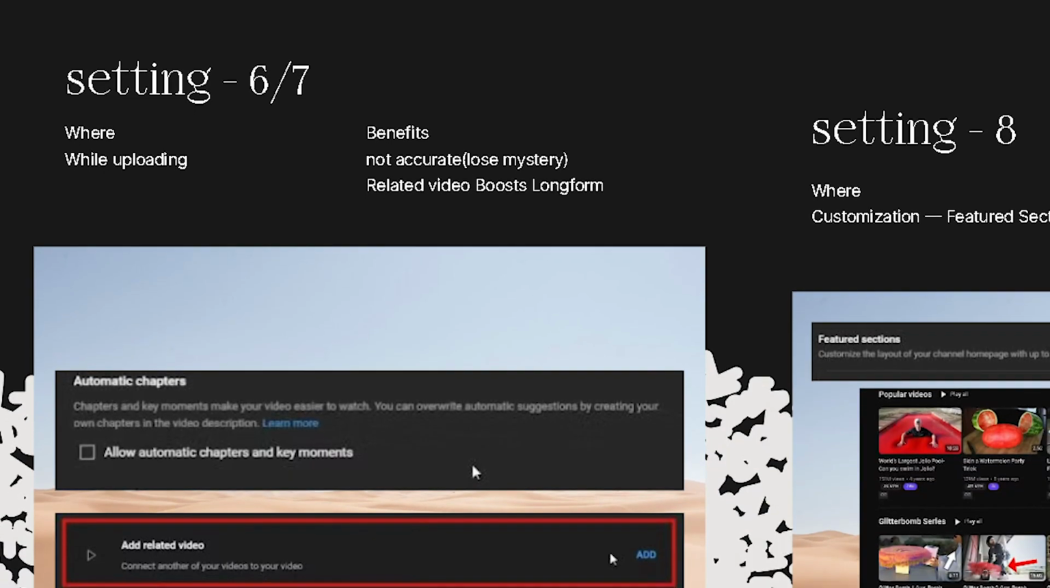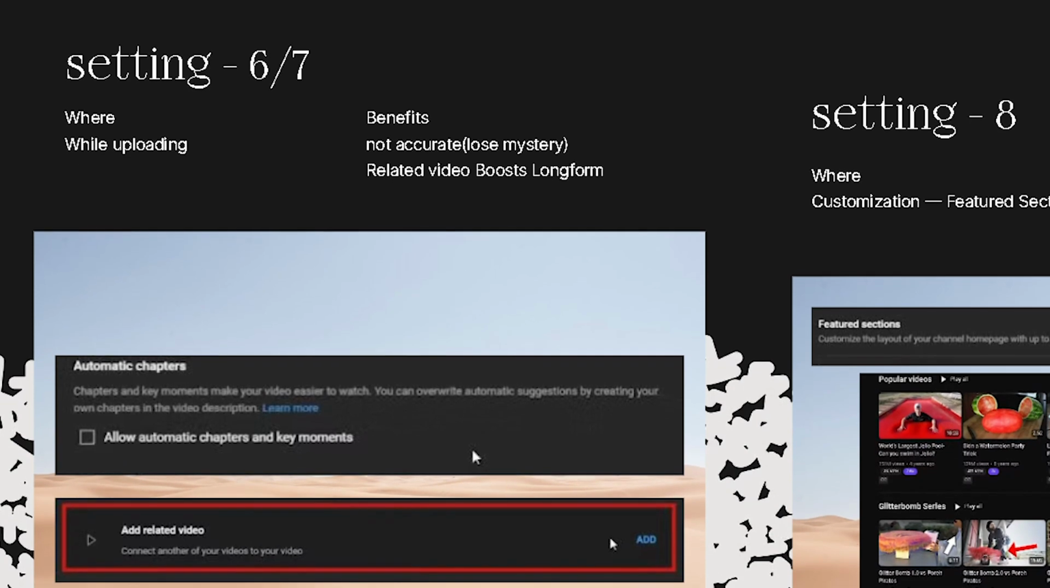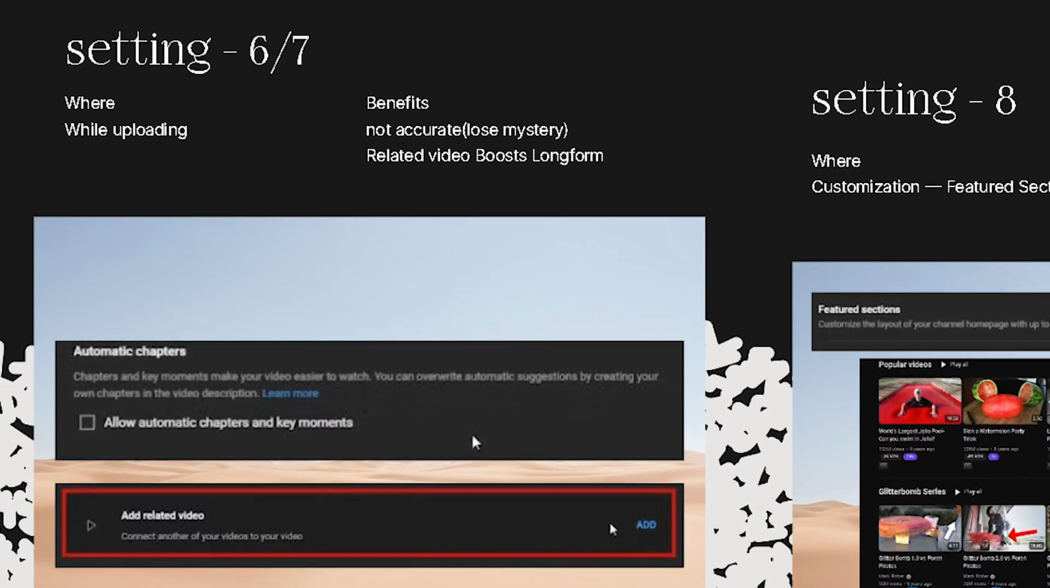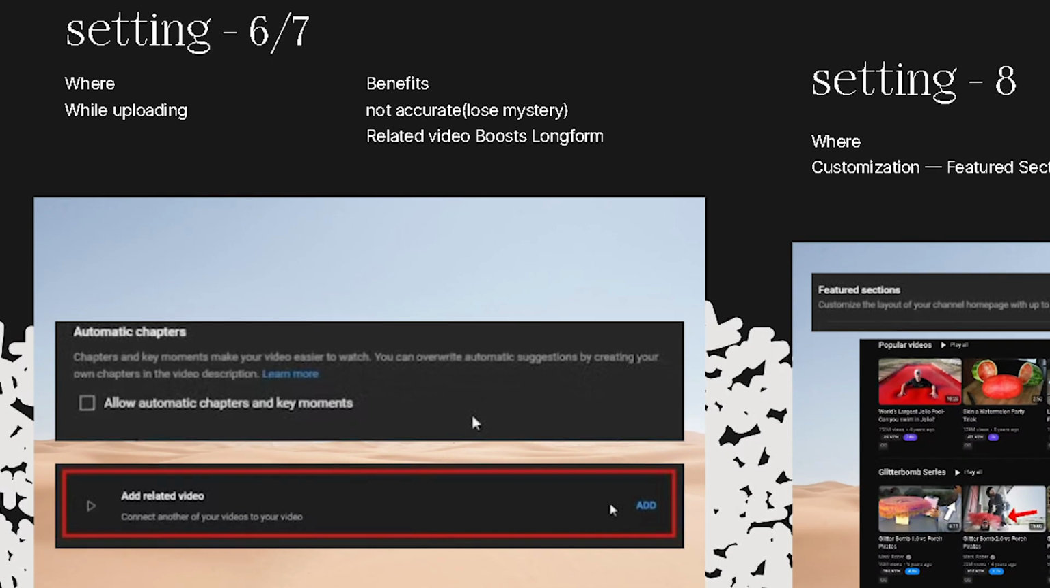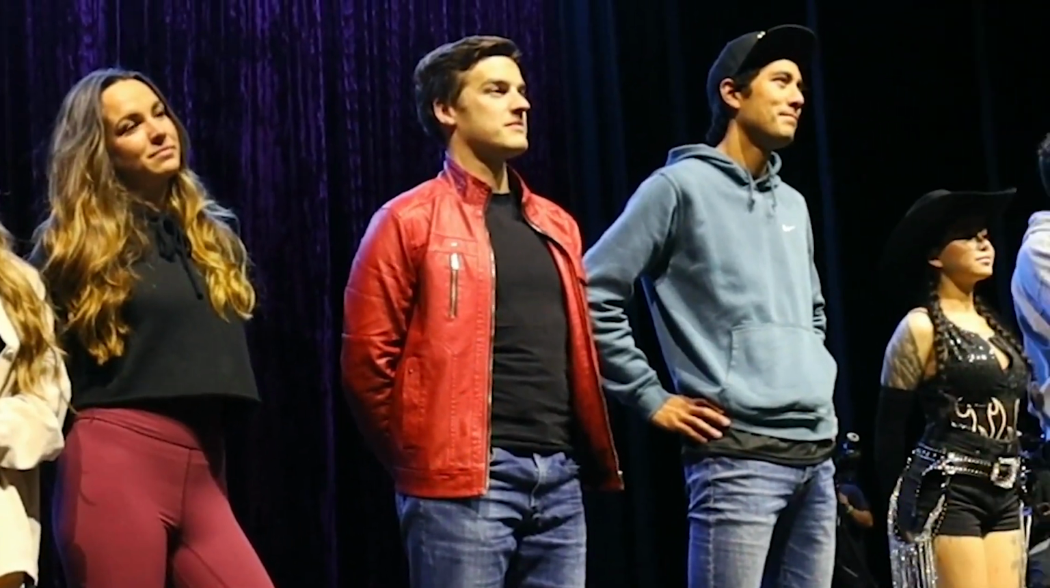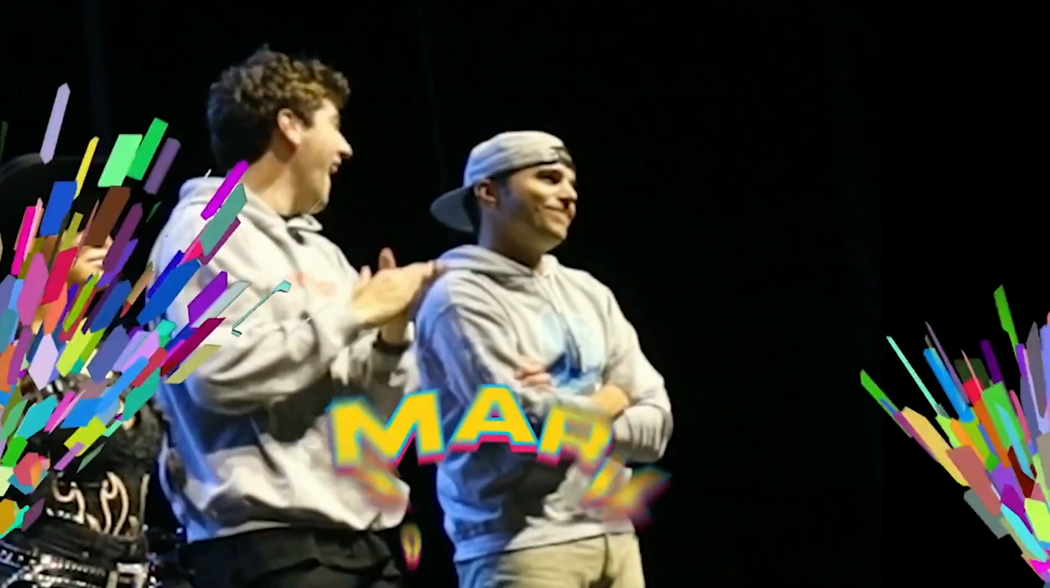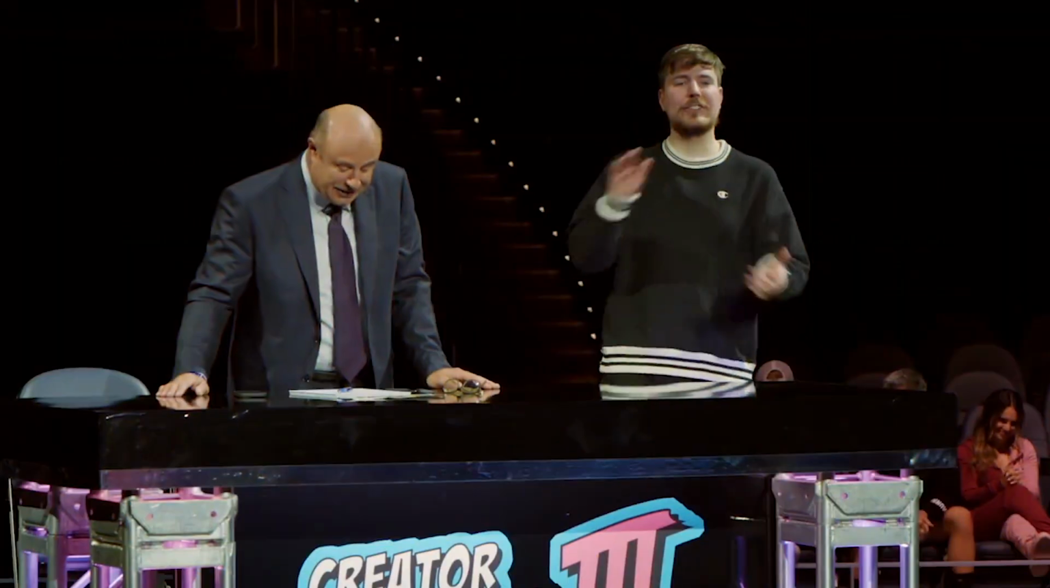This next one is actually super cool. This is setting number 6 and setting number 7. So while you upload, you want to make sure you toggle allow automatic chapter or key moments off. And the reason why you want to do this is because YouTube's system is still a little buggy when it comes to deciding how to chapter a section. It might chapter something that's not important, or it might chapter something that reveals the answer to your whole entire content, which kind of makes it so people will skip away faster. So you want to make sure you take that off, and you can actually manually do it